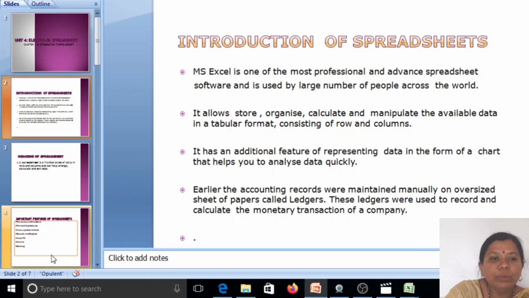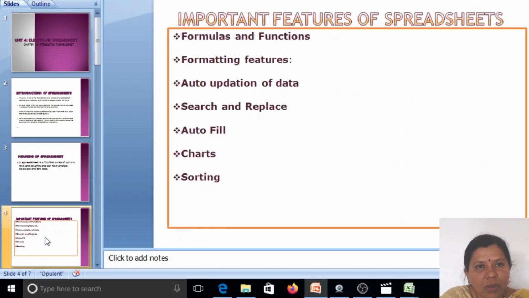Now, we move to the important features of spreadsheet. First and foremost important feature of spreadsheet is formulas and functions.